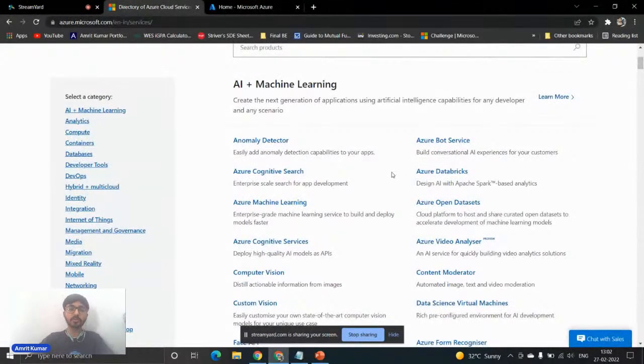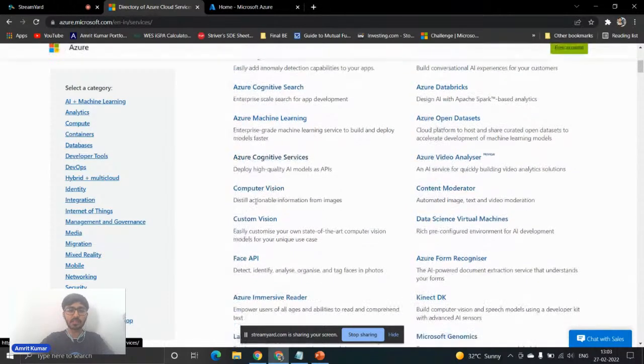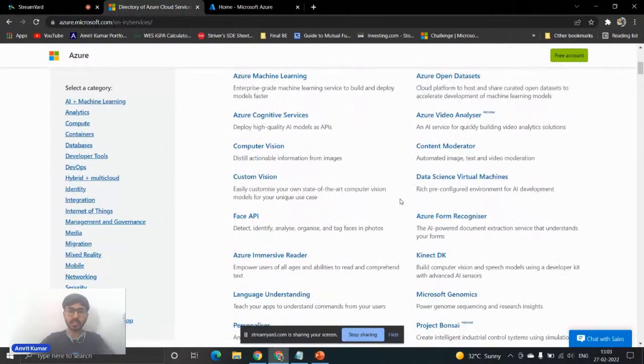Azure provides a vast number of services. As we can see, in the AI plus machine learning field itself, you have Anomaly Detector, Azure Bot Service, Azure Cognitive Search, Azure Video Analyzer, Azure Computer Vision, and all these services are quite automatic. You won't need to do a lot of algorithm writing, data cleaning or handling.